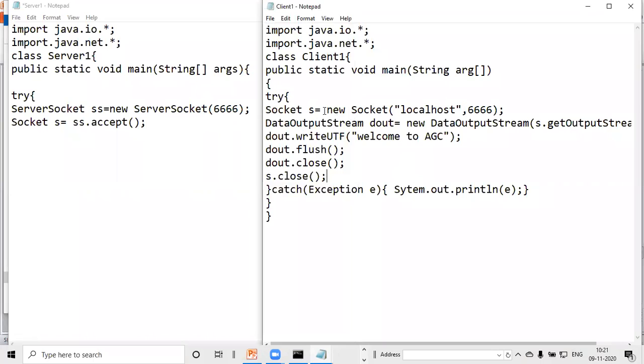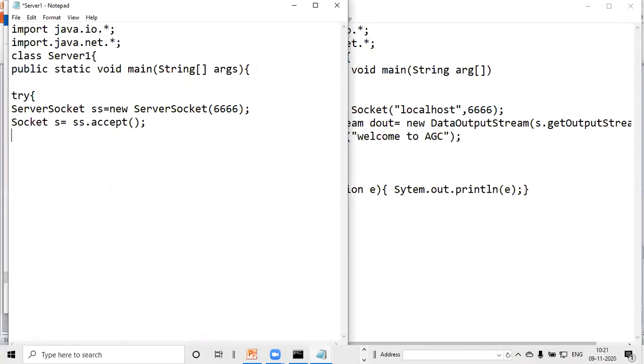ठीक है, यहाँ पर क्या किया था हमने, सिर्फ एक Socket, we have used the Socket class at the client side just to pass the IP and the port number. ठीक है, उधर क्या होगा, at the server side that ServerSocket class will access that particular, we can say that port number over here, and after that it will accept that particular connection. ठीक है, next हमारे पास क्या है, data